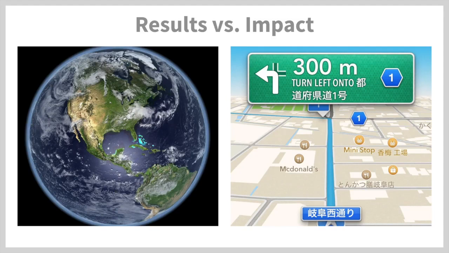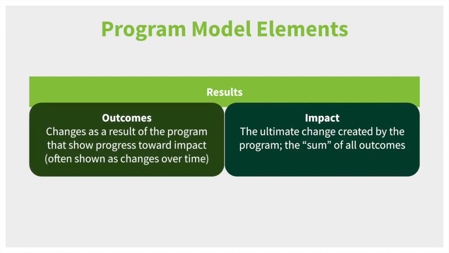Even though impact sounds like a very big picture concept, it's really your theory of change results that should be big picture and conceptual. For your more detailed program model, an impact statement is more specific and must logically connect to your program activities and outcomes. Now, let's take a look at the second element,